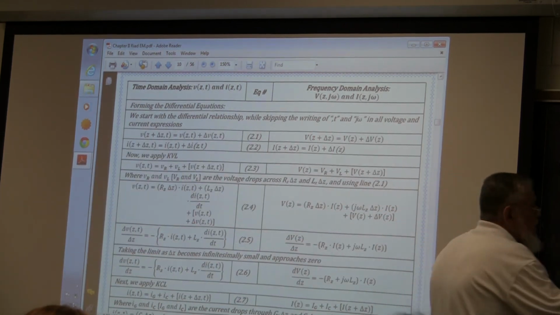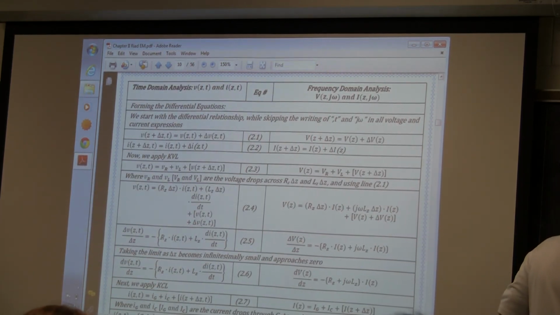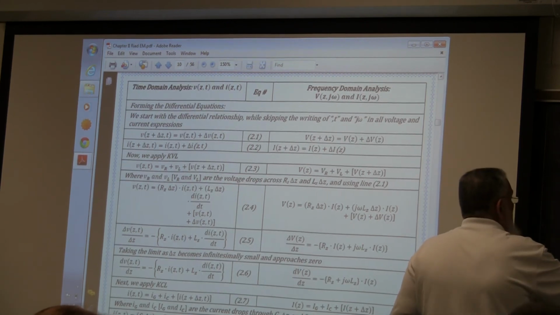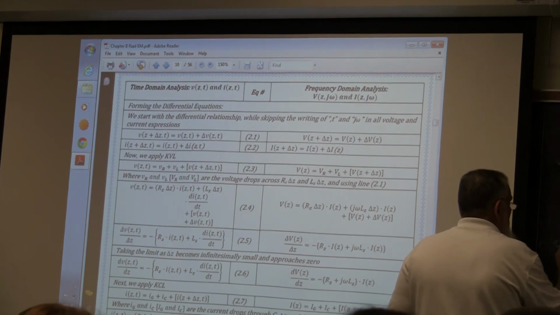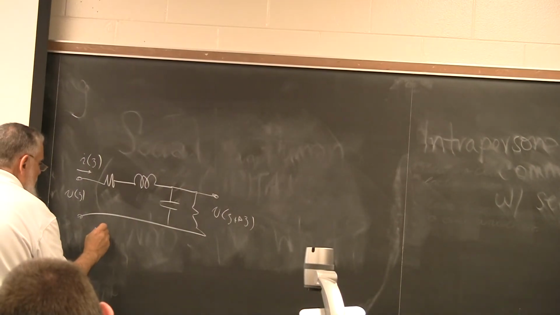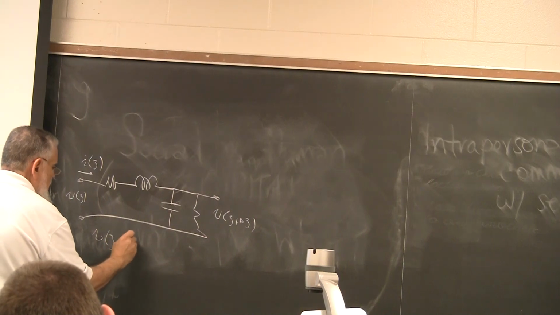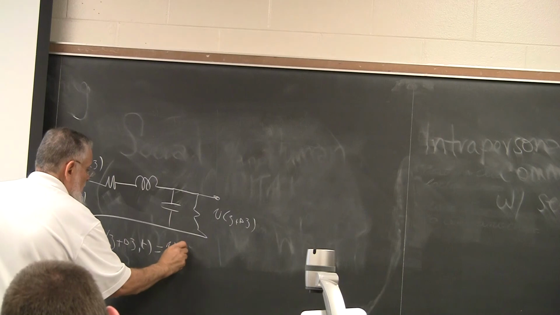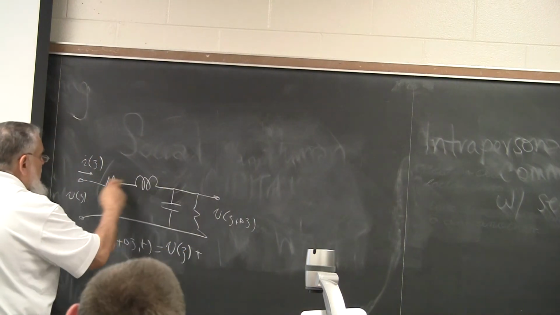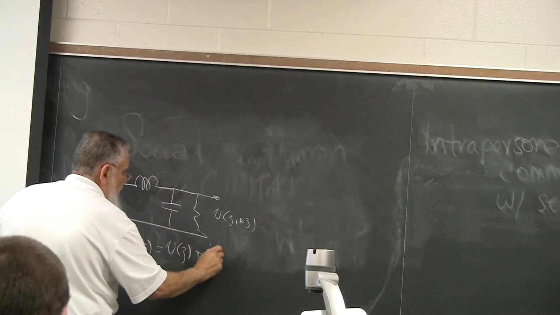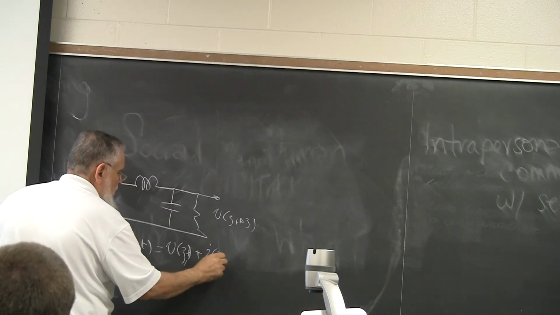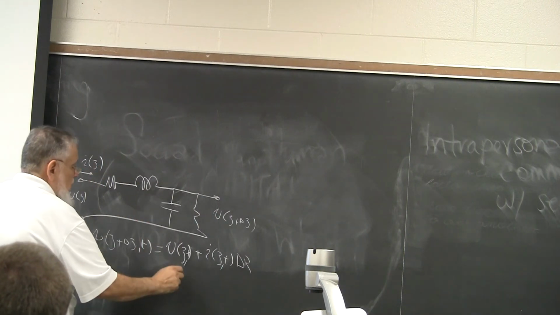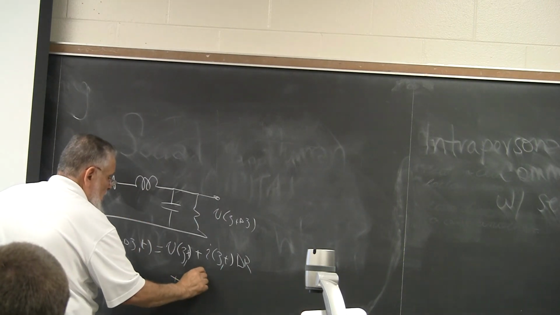So this is V of z plus delta z, and this is I of z, and this is V of z. So V of z plus delta z and t is equal to the voltage here, which is V of z and t, plus the drop here, which is going to be I of z and t, times delta R plus delta L partial